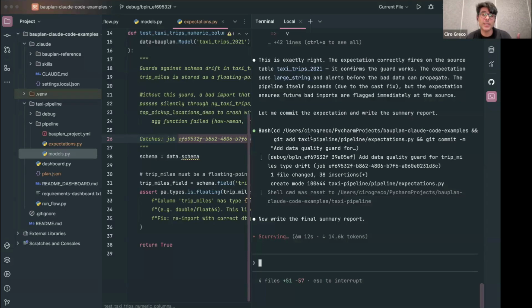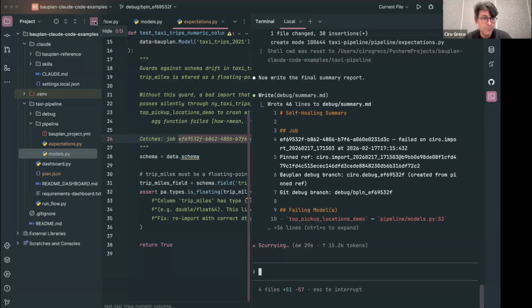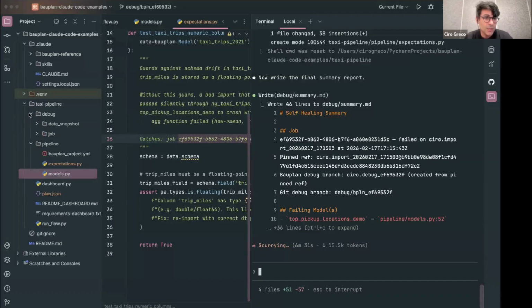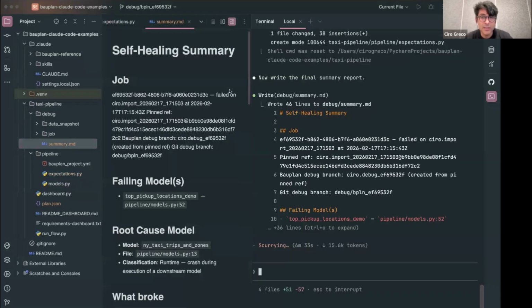We can merge the data produced by this run, if we want, using Bauplan directly and promote the new tables into production. Or we can have, which is what most of our customers actually have, a more articulated data CI/CD process. At the end of this process, we also should have a final summary